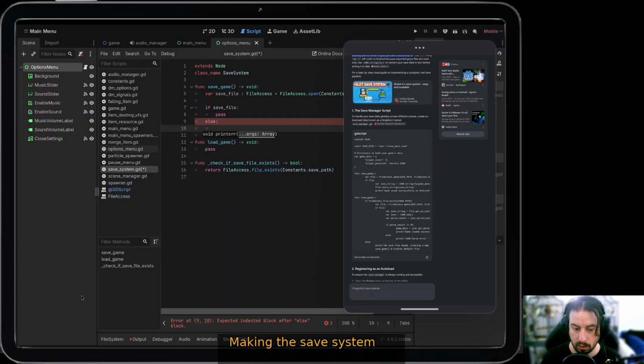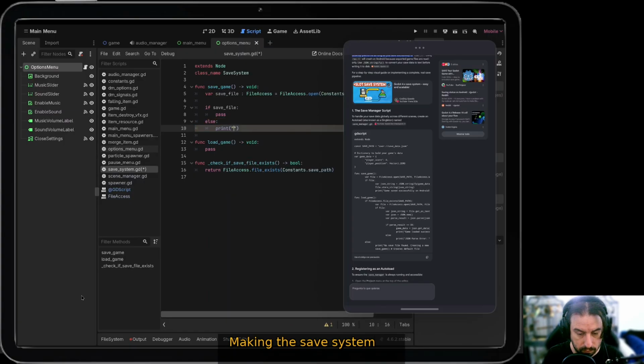Okay. Just print then. Here. Print desert merge